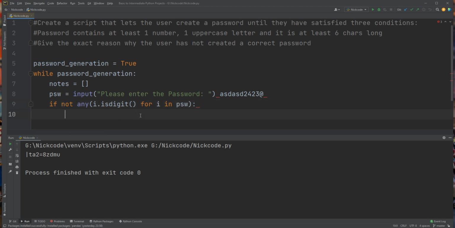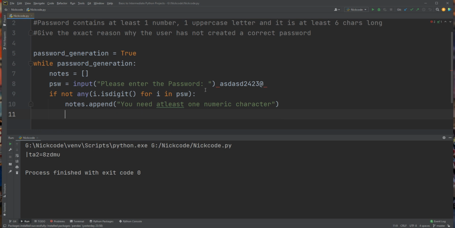Okay, so I will append, saying that you need at least one numeric character. So if there is no numeric character, my list would be appended by this comment.